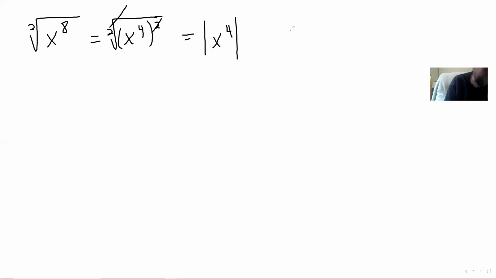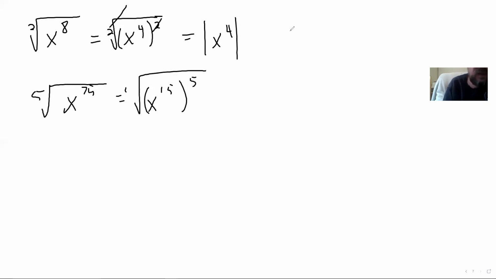Similarly with 5th powers, I have the fifth root of, let's say, x to the 75th power. I can write that as x to the 15th to the 5th, fifth root of that. And those things cancel, right? And so you can see that what's happening is I'm effectively taking this and dividing by 5 when I sort of factor the 5 out so that I can cancel it with the radical. So that's one way to think of it, is that I'm dividing the power by that number, or by the index. So if I have something like the square root of 56, which we're going to go simplify in just a second,